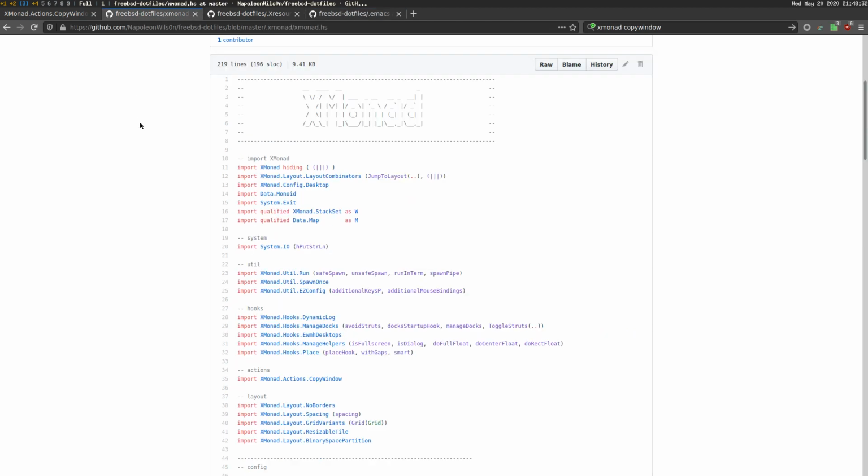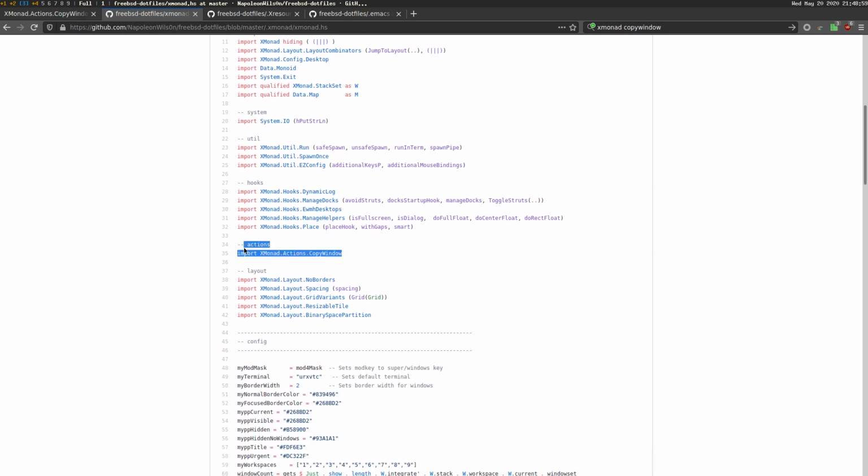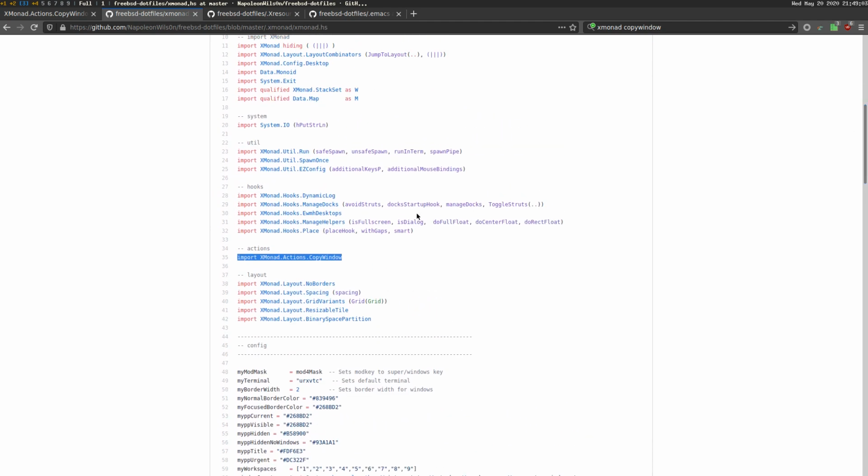So that's a quick recap. Is the DWM style tagging. If I want to tag this to another window, I'm going to press Shift Mod Control and let's say 5. It's now number 5. If I go back to number 3, I can press Mod Control Z, and that kills the copy on the other workspaces. So that was using the copy window. That's how we import the copy window,